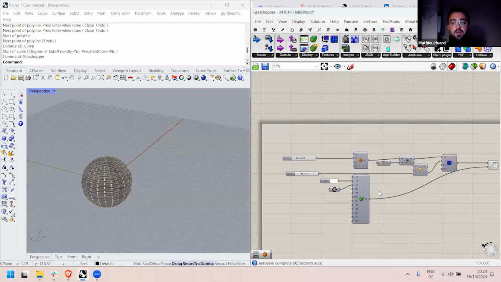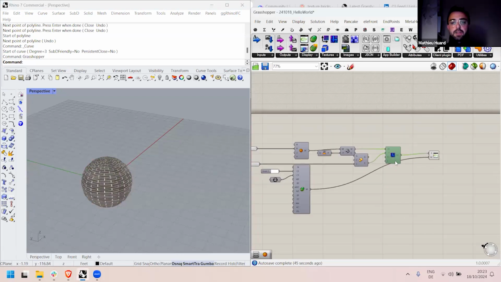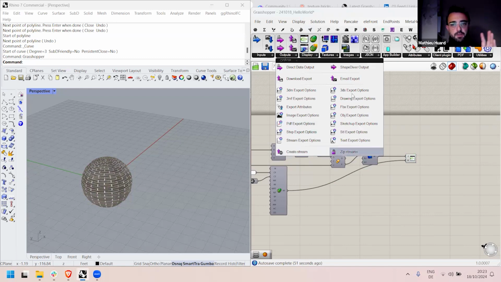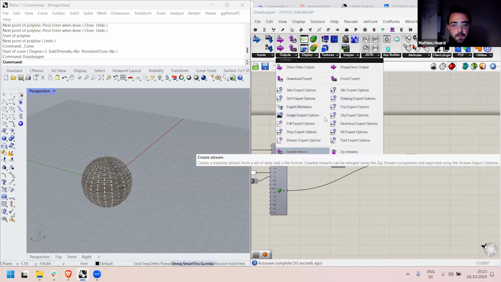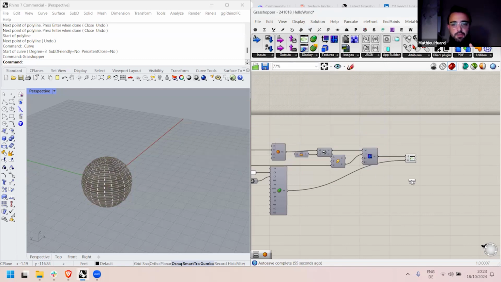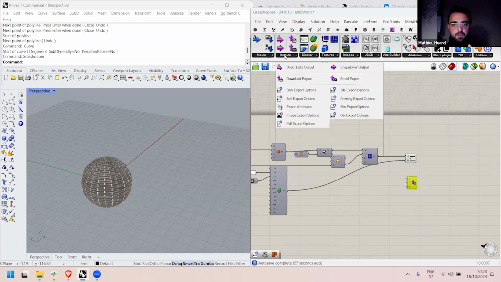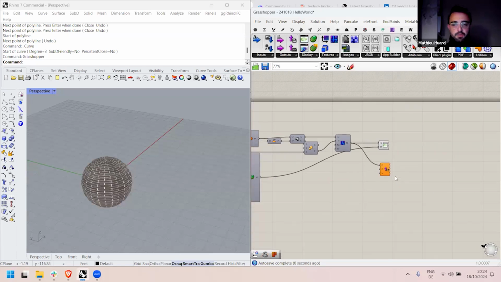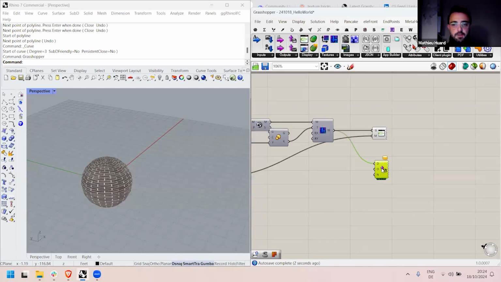Well, here is where we have specific components to export files directly from the online viewer. So we have this outputs category, which has a lot of different ones. But essentially, if you use the download export component from the outputs category here, you can send any geometry you have in your definition in the data here